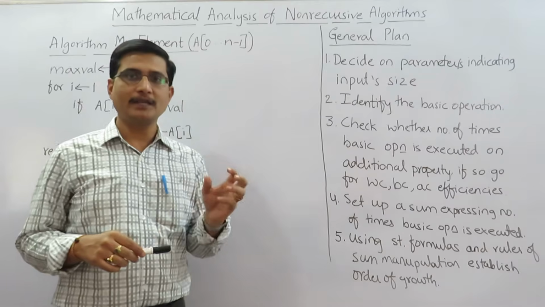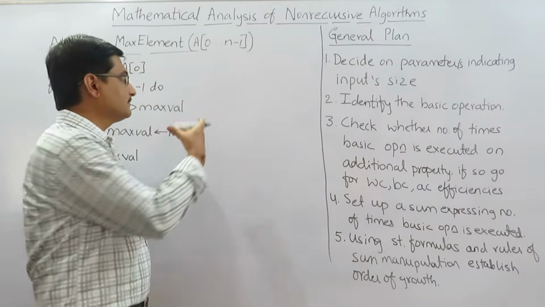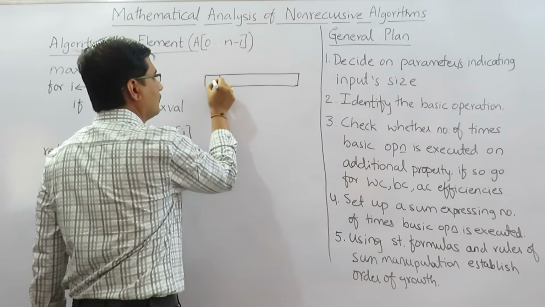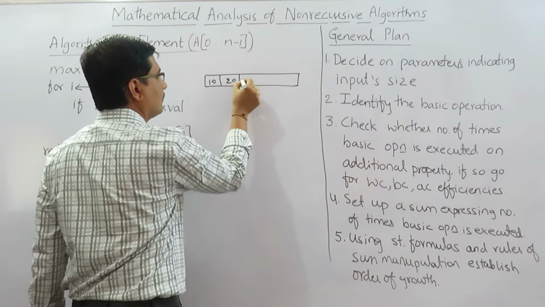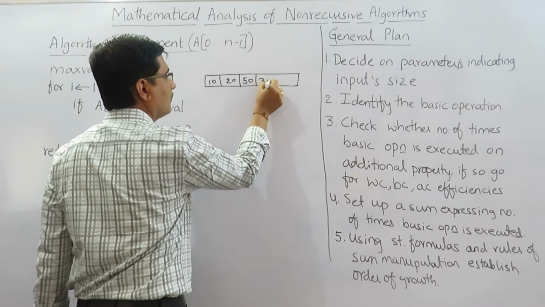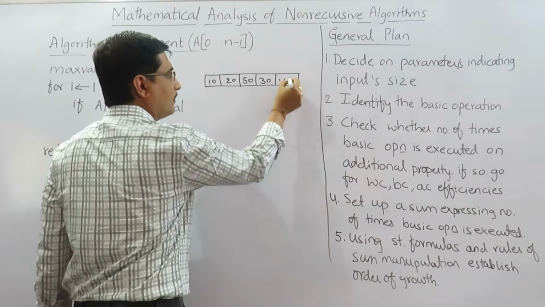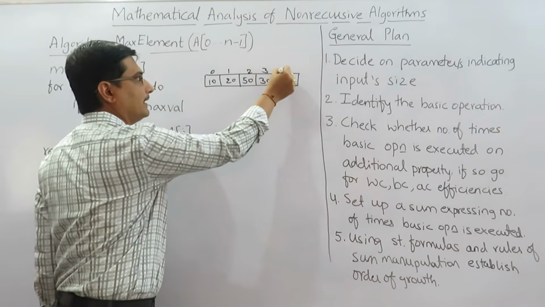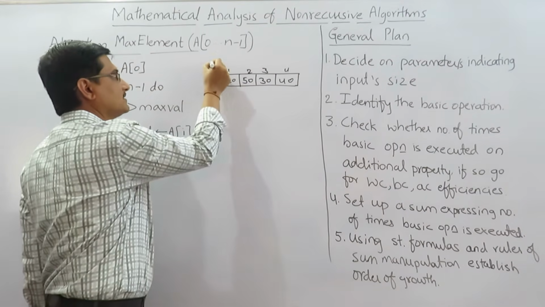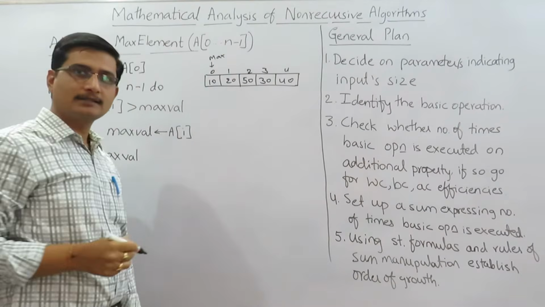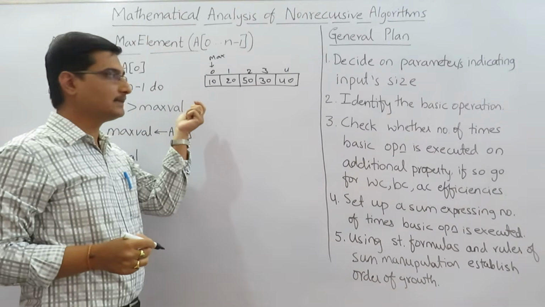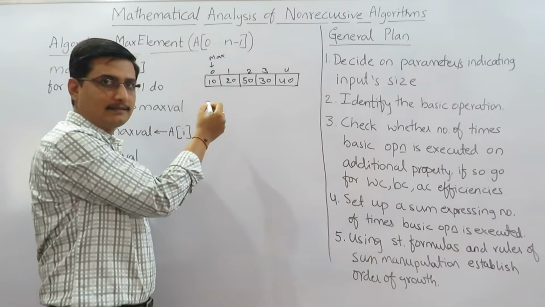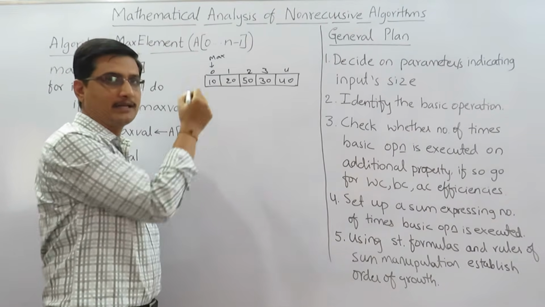So the first example, let us take finding the maximum element in an array. Say there is an array, we need to find the maximum element. How can we do that? These are the array indices. We can consider the first element as the max element. Then compare this element with the next element. If that element is greater than the already assigned max element, then that will become the max element.